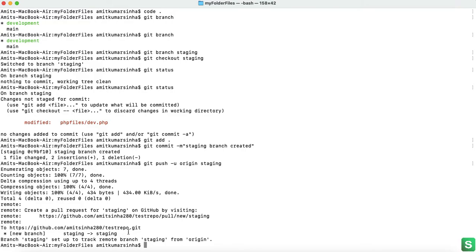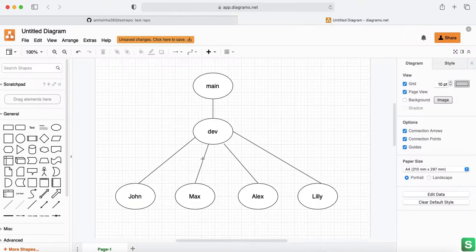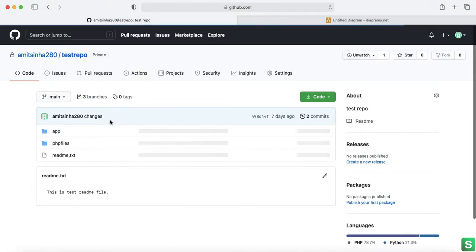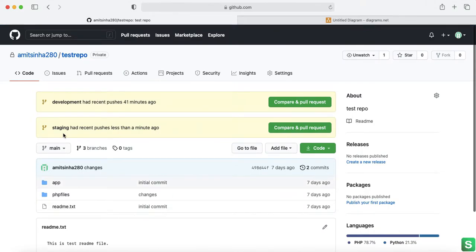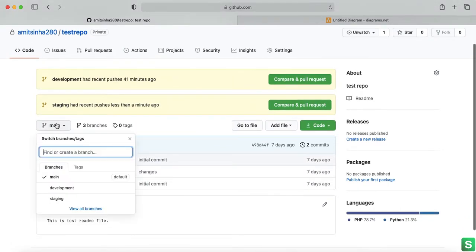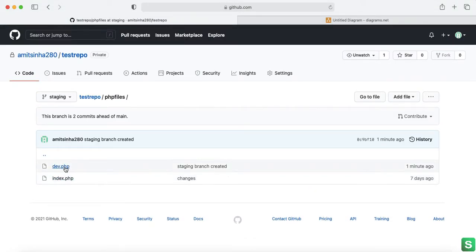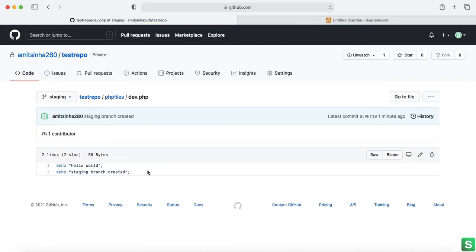Okay, new branch staging. If we come here and go to Code, this is the main branch only. See here, the staging branch is created, the message is coming, and those changes come here, staging branch created.